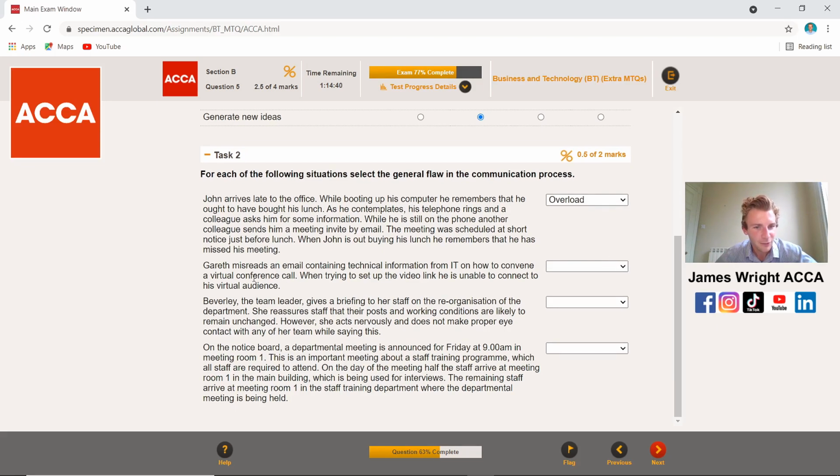What have we got on here? Gareth misreads, let's just pull it down. Gareth misreads an email containing technical information from IT as to how to convey a virtual conference call. When trying to set up the video link, he is unable to connect to the virtual audience. Okay, so misreads an email containing technical information. Okay,